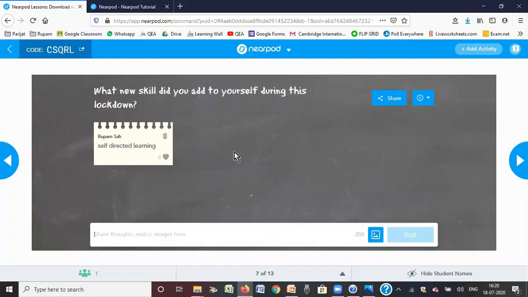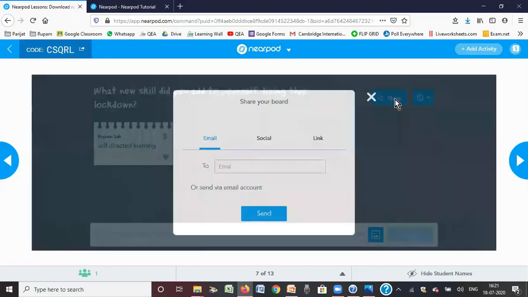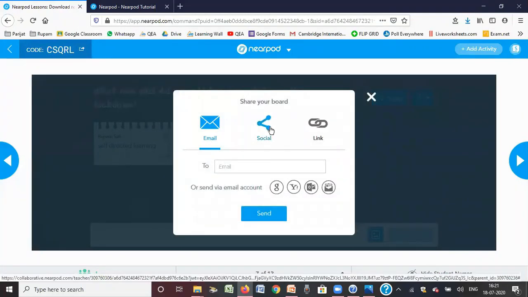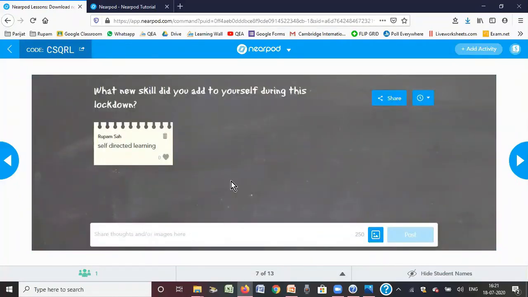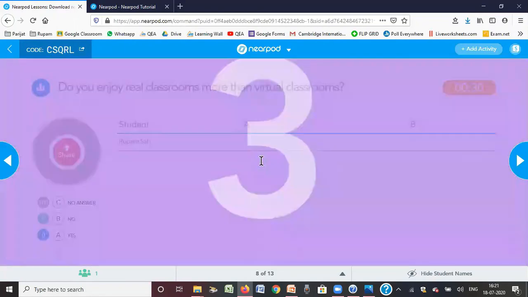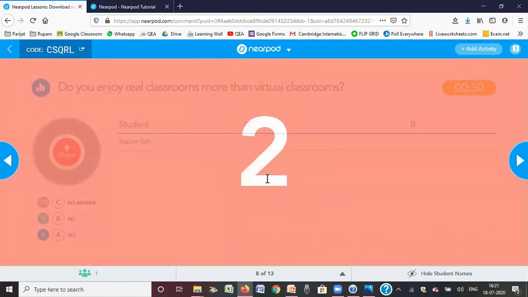As a teacher, as the students keep posting with their names, you will get to know what they have posted. So it's more like, it's working like a Padlet, wherein the students can collaborate. And if you want, this can be shared also. If you want, you can share a link with the students later on in case they want to see it. You can send this through their mail. So this is the collaboration board. Let's move further. The next one is a poll.